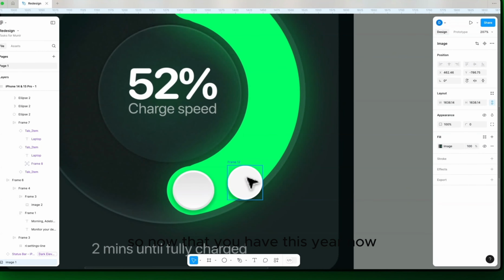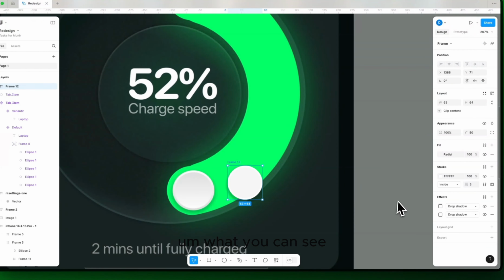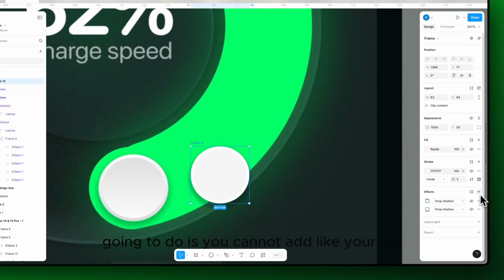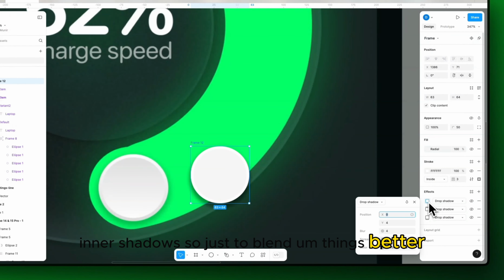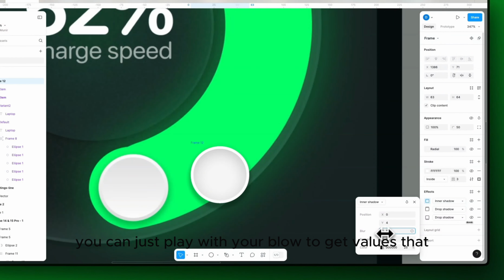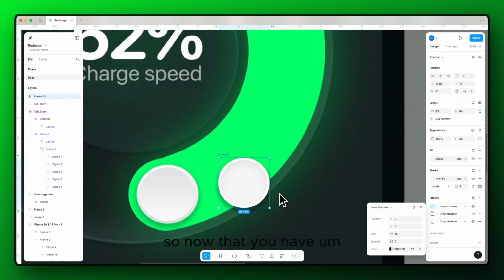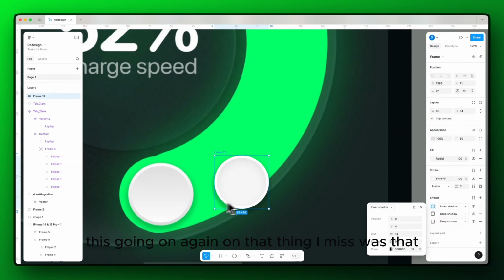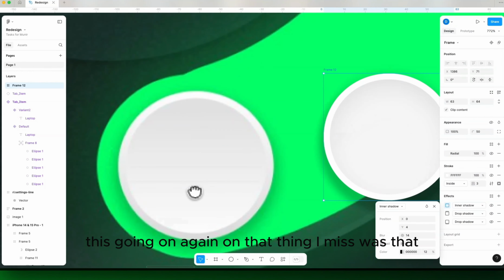Okay, so now that you have this here, what you can still go on to do is add your inner shadows, just to blend things better. So add your inner shadow. With your inner shadow now, you can just play with your blur till you get values that make sense to you. All right, so let's just drop this one to like 12. Okay, so now that you have this going on, again, another thing I missed was that